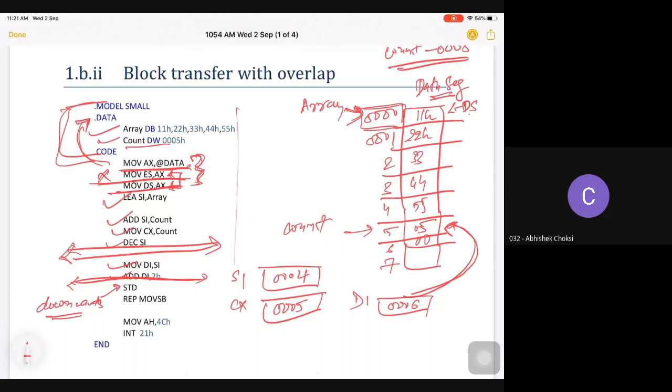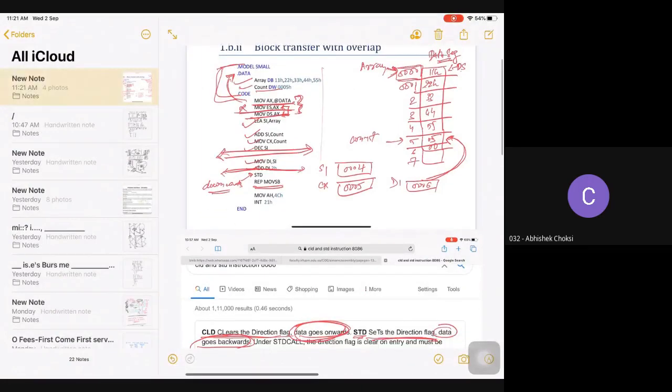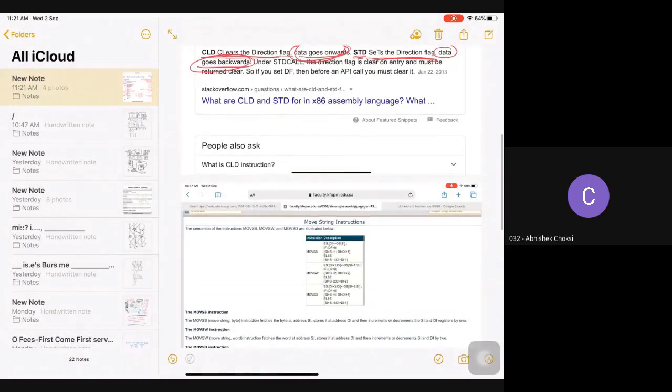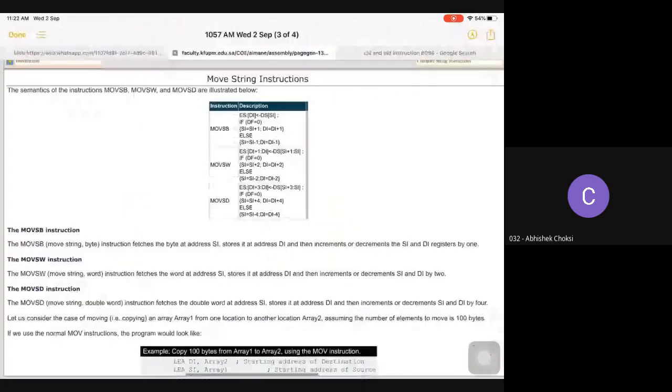Now the next instruction is REP MOVSB. Now what this instruction does, we need to study. Move string, let's go and check. As you can see here, the MOVSB instruction is used for string or byte. We are having bytes only, right? At the end, everything is bytes. So our array, which we have defined earlier, we can also treat as a string.